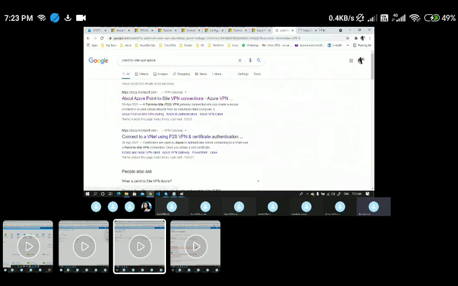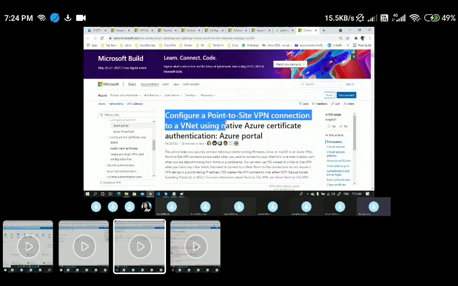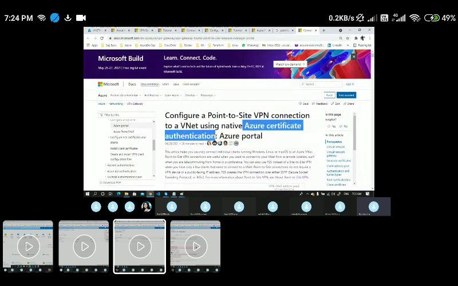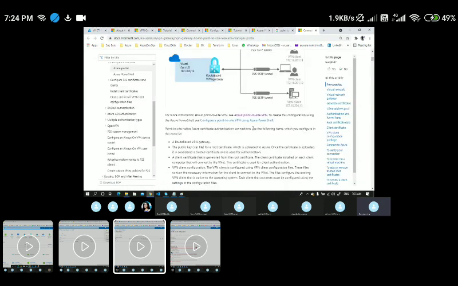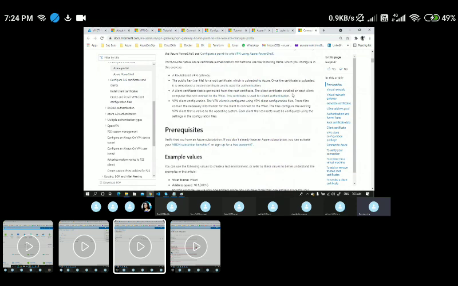I'll go to the Microsoft document again. Yeah, here it is: configuring a point-to-site VPN connection to a virtual network using native Azure certificate authentication. So here the authentication will happen using certificates. Let me quickly walk you through this. This is what we are going to do. Here you can see we are passing the root certificate, and on your local system you need to generate two certificates. If I come down,